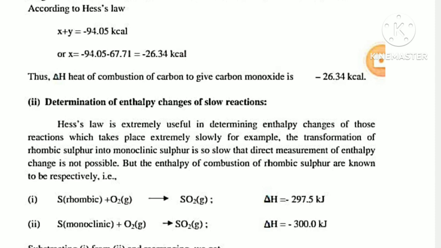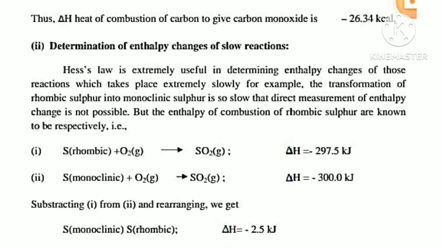Determination of enthalpy changes of slow reactions. Hess's law is extremely useful in determining enthalpy changes of those reactions which take place extremely slowly. For example, the transformation of rhombic sulfur into monoclinic sulfur is so slow that direct measurement of enthalpy change is not possible, but the enthalpies of combustion of rhombic and monoclinic sulfur are known to be, respectively: first, S rhombic plus O2 is equal to SO2, in this delta H is equal to minus 297.5 kilojoule,